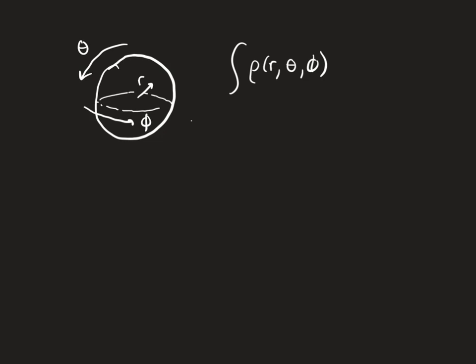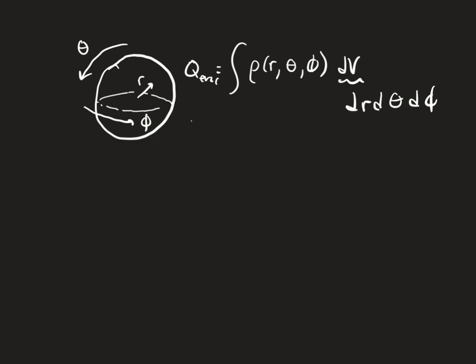So we want to do integrals like this to find the total enclosed charge, rho times dv, and again the same thing. In principle, if rho depends on all 3 of those things, our volume will be something, and I'm just sort of saying something like dr d phi d theta. Now if you know anything about spherical coordinates, that's not the right integrand there, but it's okay, we don't need